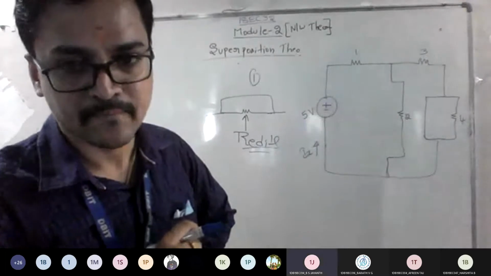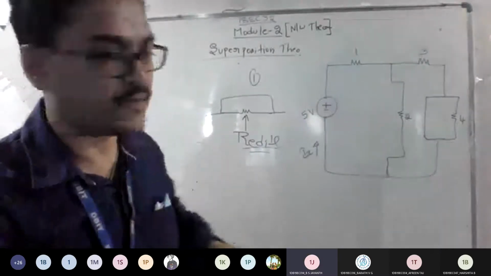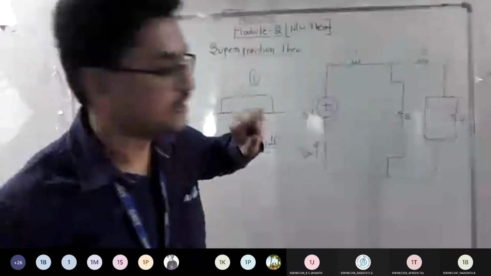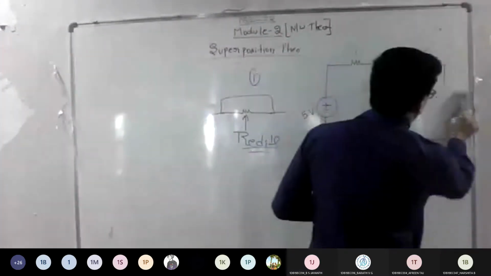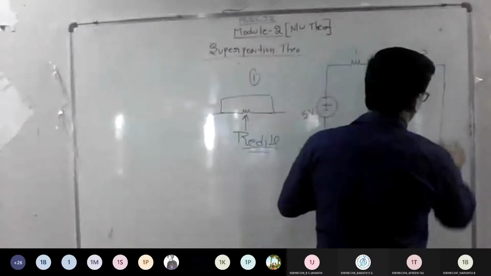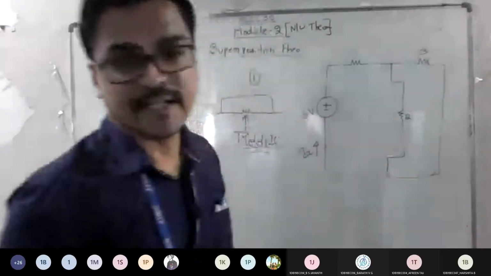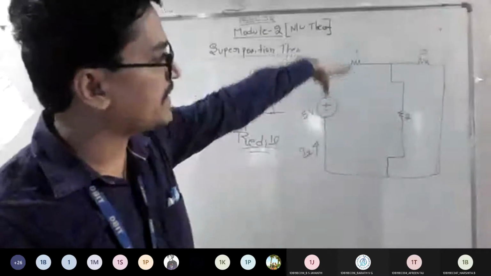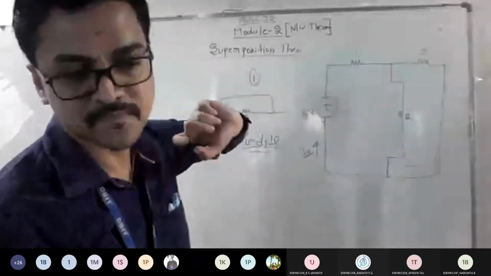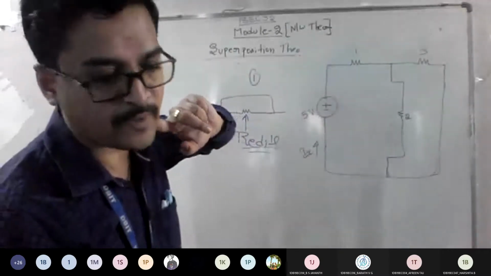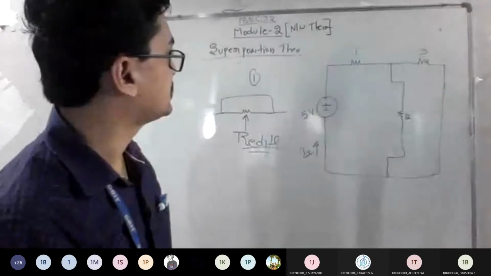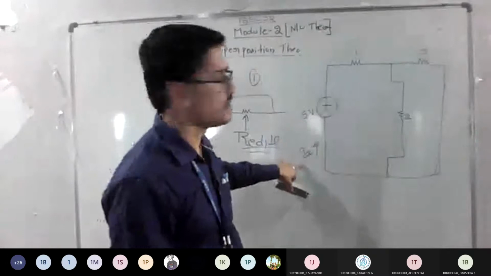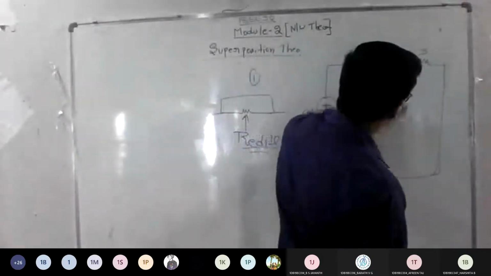Yes, sir. That is the logic. Always remember, whenever you have such a redundant resistor, it goes off. So this is just a wire now. If there is no flow of current, it is just a wire, right? So now what you can do is make 3 and 2 parallel, or if you want to apply directly, you can. Across what have they asked you to find? Current Ix. So actually the circuit looks like this.